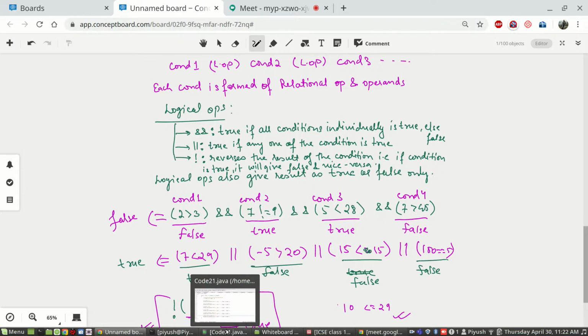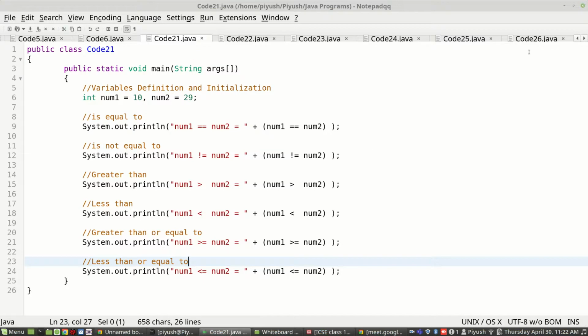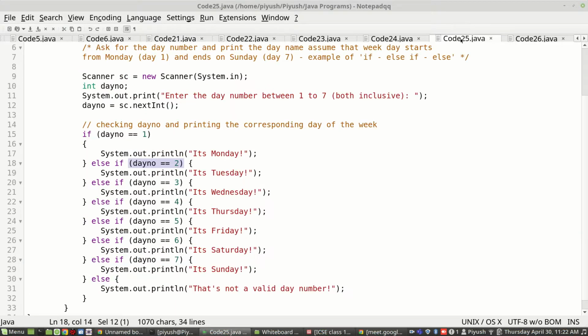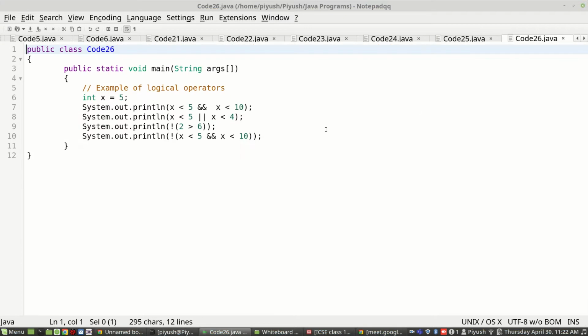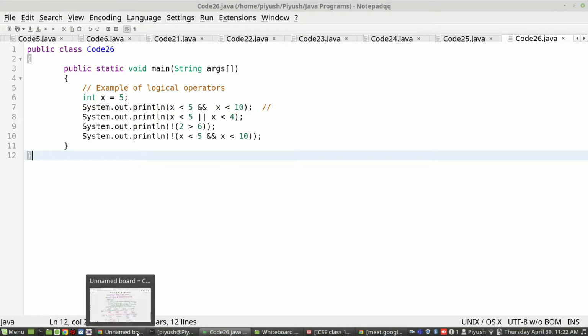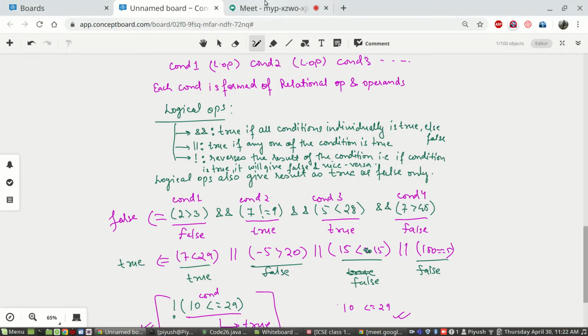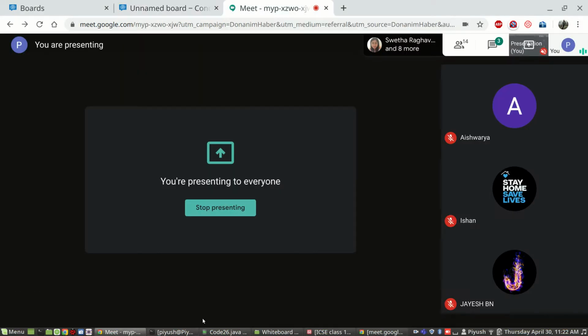Let's say I'll give you one programming example here. That will be question 26. So we'll see this once again. You can tell me the output of these logical operators first, then we will see those programs. What will be the output of these programs? You can tell me. What do you think will be the output of this thing? You can type the first one. I'll just open it side by side.